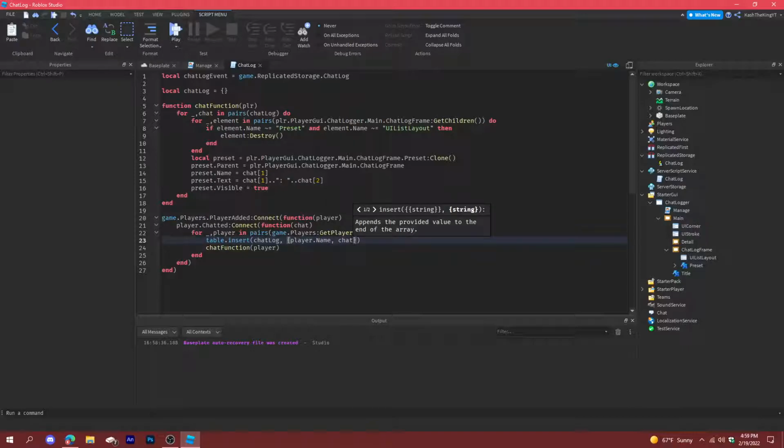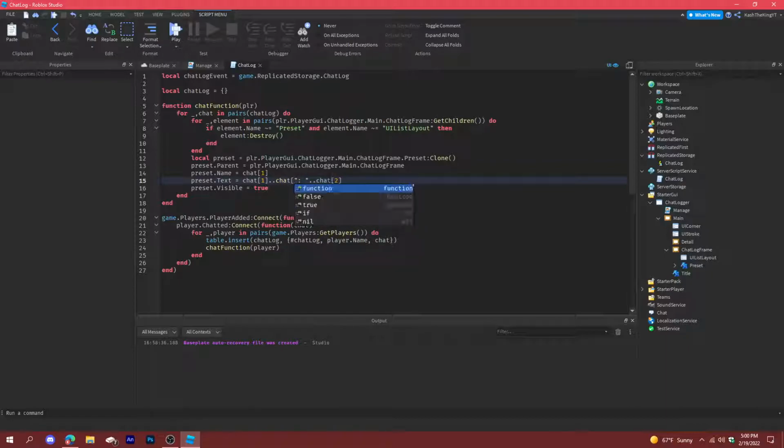And then, okay, I think I know what we can do. We can also log chat, or we'll do hashtag chat log, and then player.name. And then in here, we'll change this right here, chat1. Before we do that, well, it's gonna be chat1 dot chat2